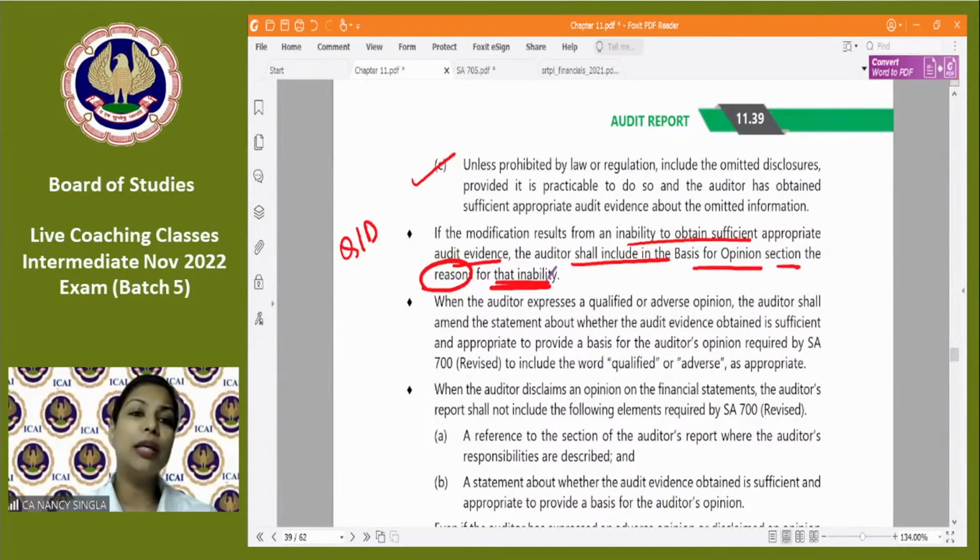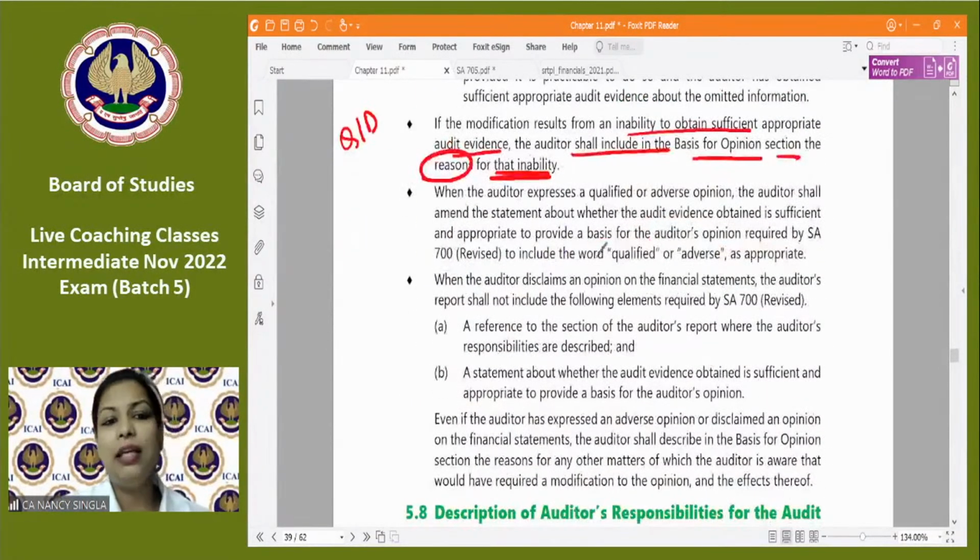Let's say the auditor is not able to obtain sufficient appropriate audit evidence with respect to inventory verification. So what is the reason? It is in some place where the auditor and his team cannot go, or what is the reason? Okay? And further it says that you need to add the word qualified and adverse where before